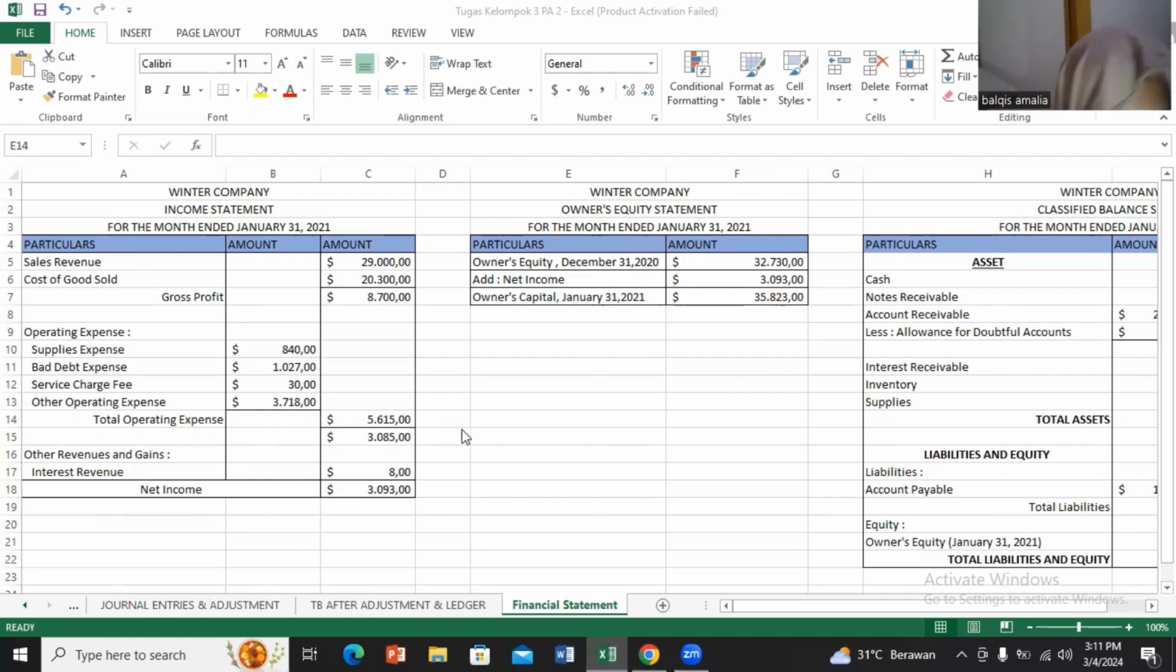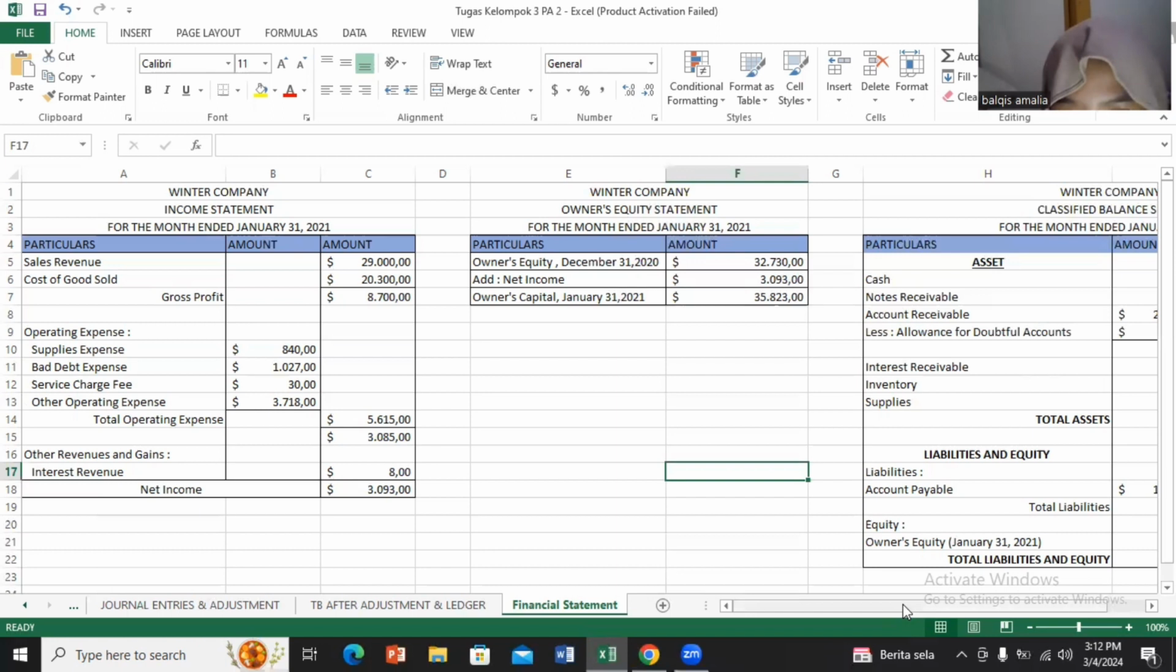and it will be $3,085. And after that, we have other revenues and gains. It's interest revenue. It's only $8. And after that, $3,085 will be added with the $8, and the result will be net income $3,093. After that, I will be explaining the owner's equity statement for Winter Company for the month ended January 31st,